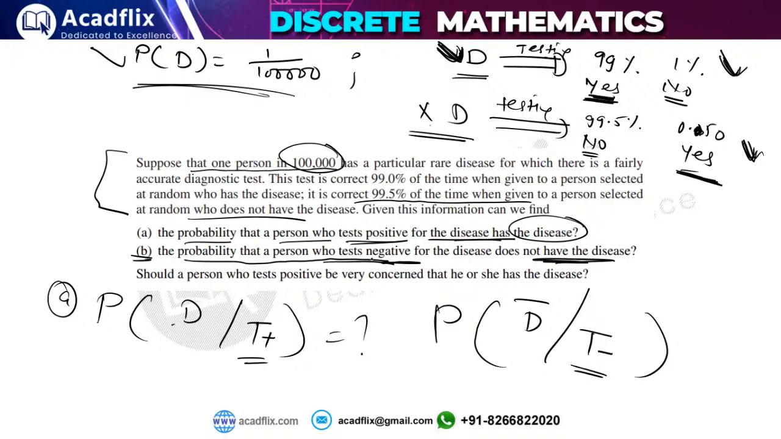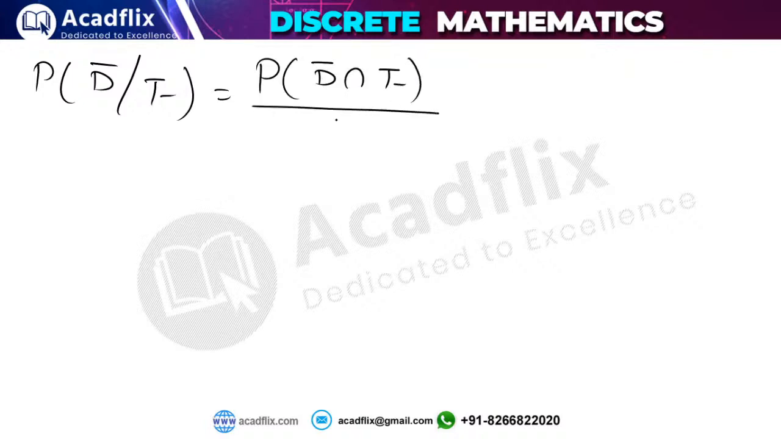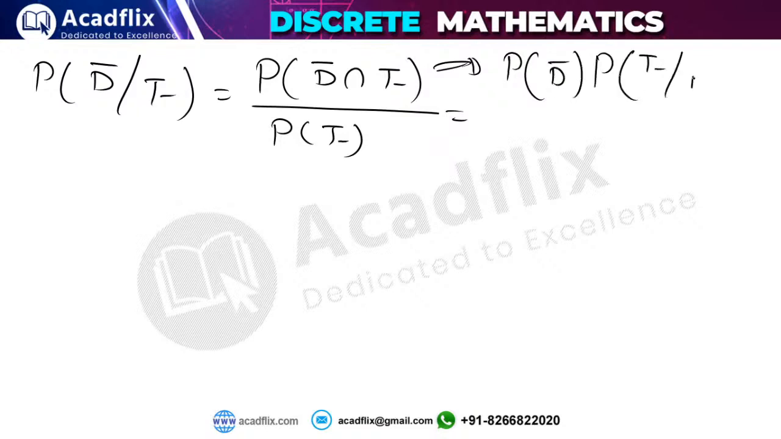So what will be D bar given T minus? Let me answer it. Again, we can apply the conditional probability formula. This will be probability of D bar intersection T minus, divided by probability of T minus. What is this above thing? This is nothing but probability of D bar multiplied by probability of T minus given D bar, divided by